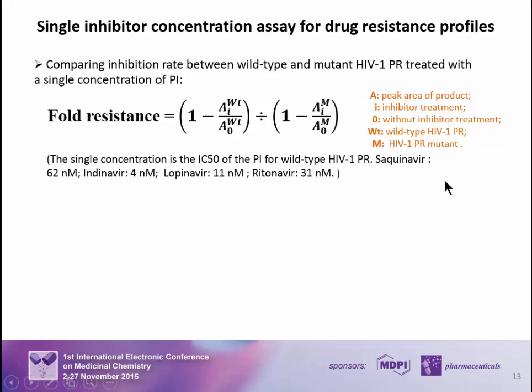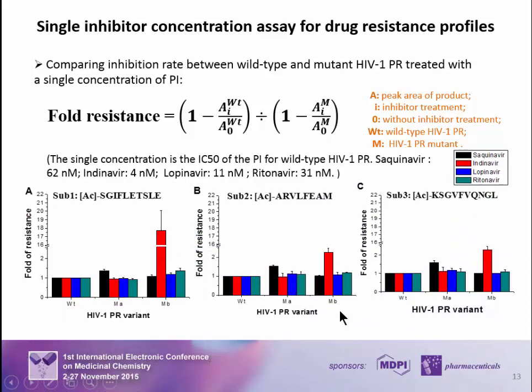The single concentration here is the IC50 of the protease inhibitor for wild-type HIV protease, and four clinically used HIV protease inhibitors were used to test this method. They are saquinavir, indinavir, lopinavir, and ritonavir. And the result was shown in this figure. A, B, C represent the results from three substrates. We can see when compared to the wild-type HIV protease,